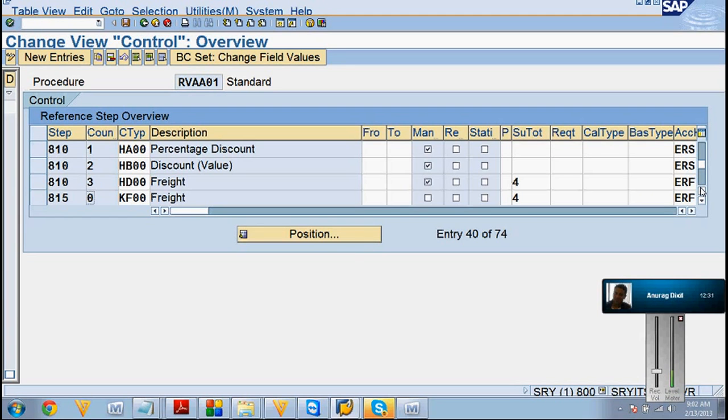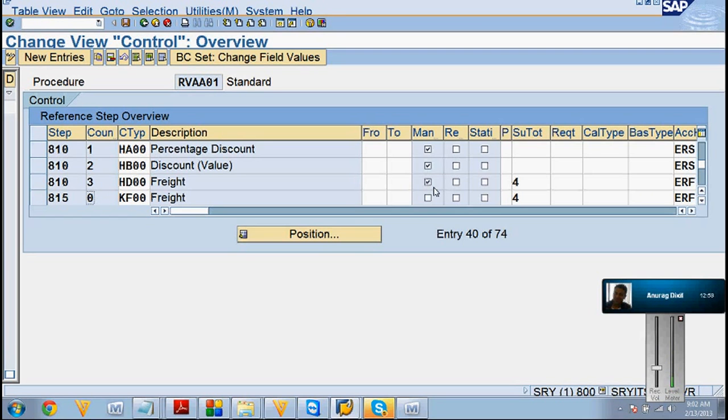Pricing is such a dangerous topic, so in interviews they are going to expect this, because it is dependent on all of pre-sales, sales, shipping, billing. So these are different condition types. And you can see he has given, though it is manual, it will only affect the first one. I will show you in the system. Once it is affected, 2 and 3 will not work. That's called the access numbers concept.